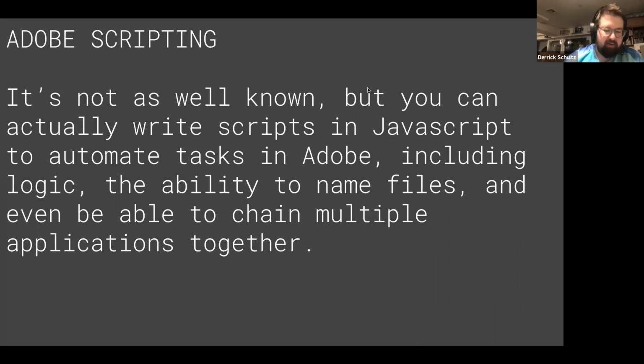A lot of what I was doing a couple of years ago is I was taking a file in InDesign, opening the image asset in Photoshop, cropping to the exact bounds that it was in InDesign, and then saving it back out as a PSD or some sort of file to be able to use in PDFs. So you can do really complicated chaining among multiple Adobe applications, and this is where it gets really powerful. I was basically taking a book and running through every page of the book and converting it to individual image assets so that it would build an HTML file for me. It's really complicated, and it can be really challenging to figure out how all that works, but it's really powerful.